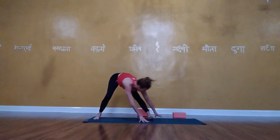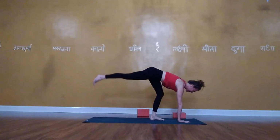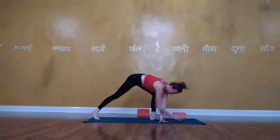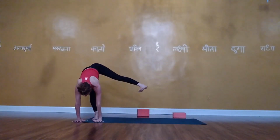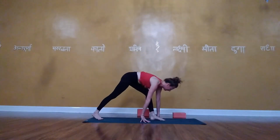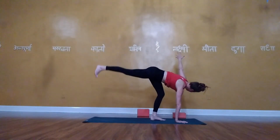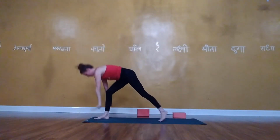Back to the front of the mat, pivot. Right hand forward, right leg lifts, reverse half moon. Right foot down, left hand down, turn, shift, lift that left leg up in abduction, lower, back, reverse half moon. We're going to lower the right foot down, stand up, windmill to the back of the mat, plant the left